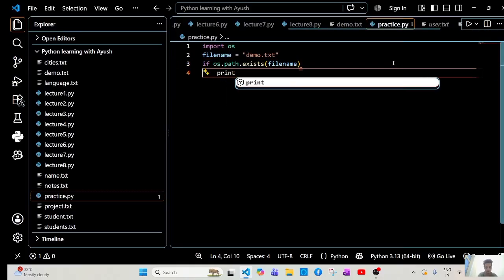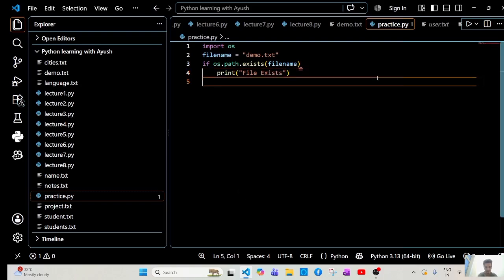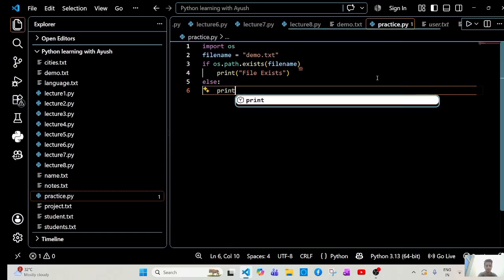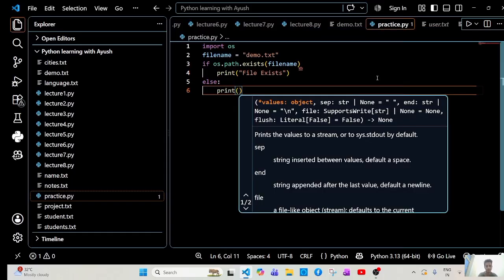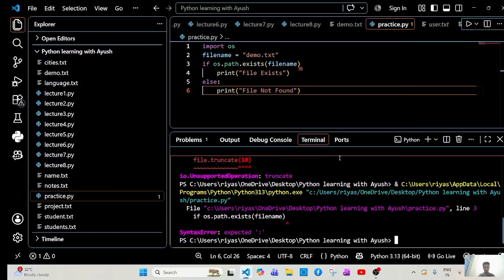print("File exists"), else: print("File not found"). So the output will be an error because